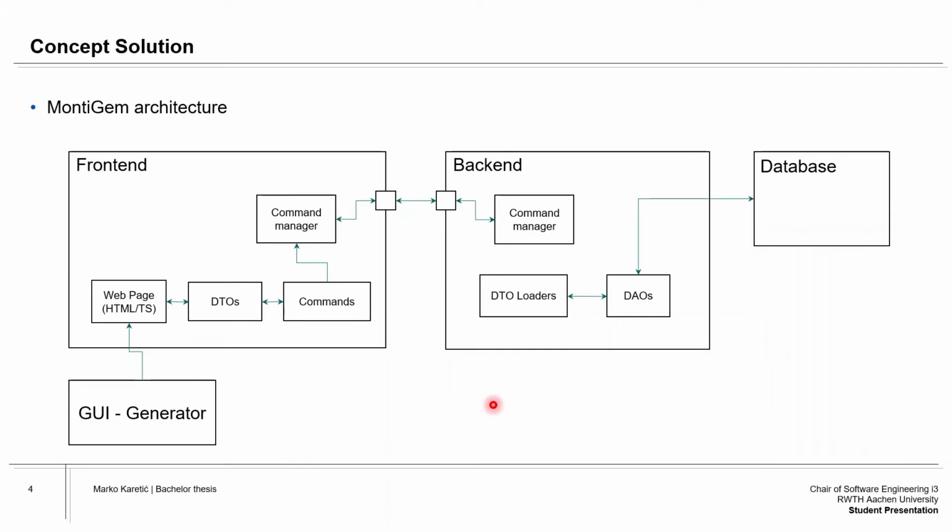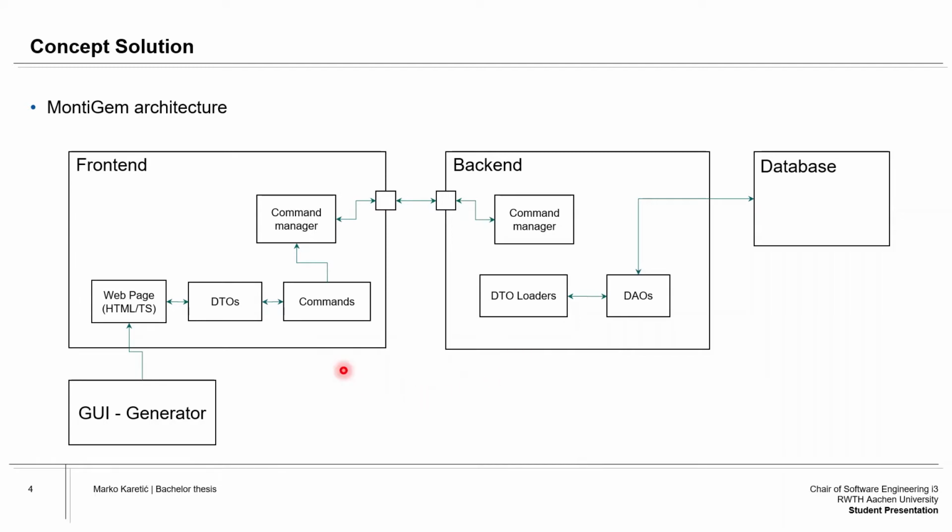Okay, so one of its many features is the so-called GUI generator, which contains GUI models that are used to generate a web page, which then contains GUI elements. And the generated web page consists of HTML and TypeScript files. The web page uses DTOs to exchange data with backends. And DTOs, or data transfer objects, are objects that, as the name suggests, transfer data from frontend to backend and